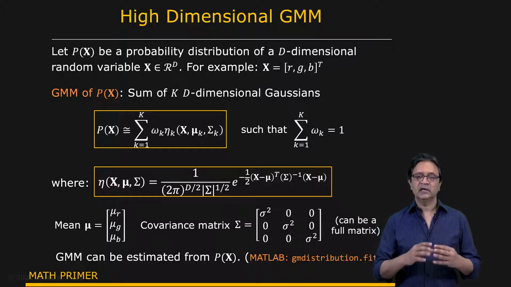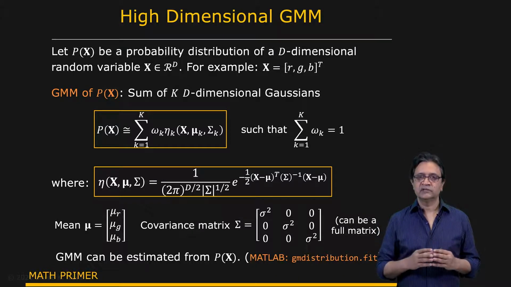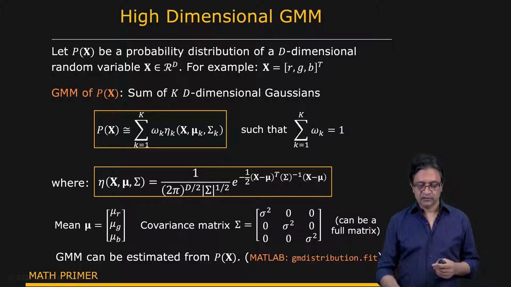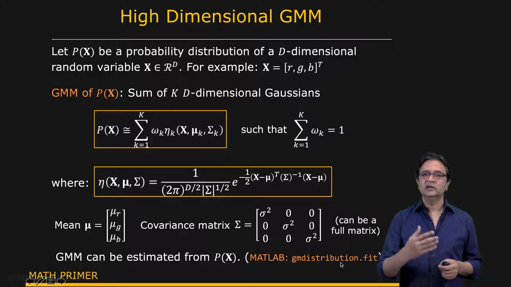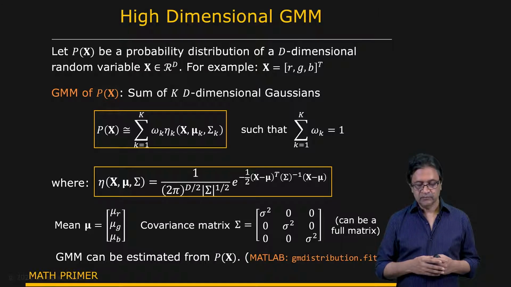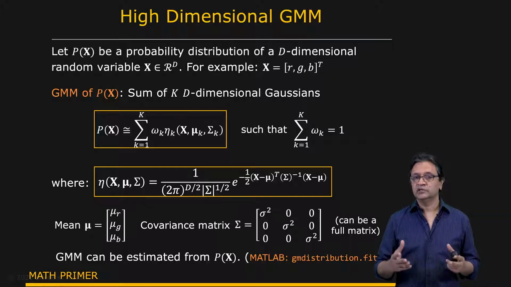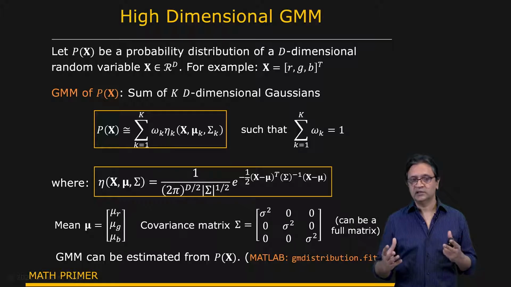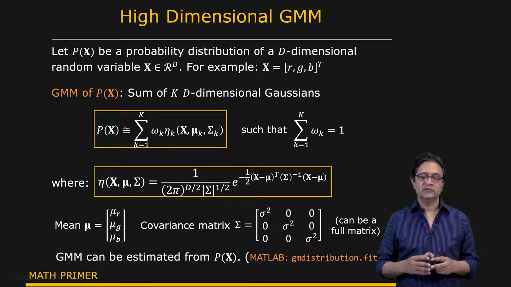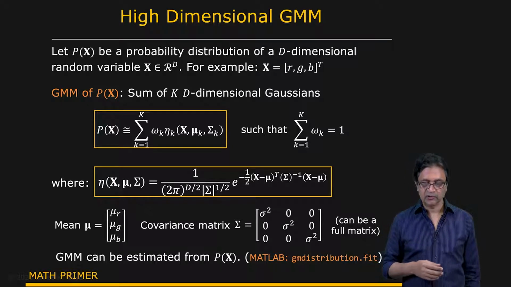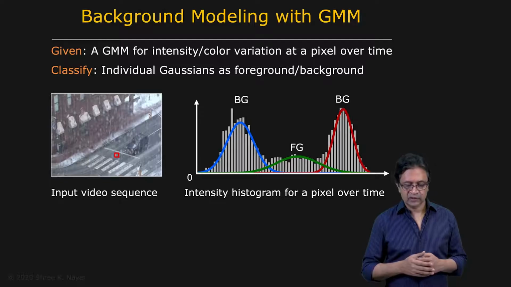And we can take any distribution, irrespective of its dimensionality, and use existing algorithms. In MATLAB, you have this function called gmdistribution.fit. You can fit a mixture of Gaussian model to that distribution. And you have to decide what k is, how many Gaussians you want to use to do this fit. If k is very large, you can imagine that the data can get very unstable. If k is too small, your fit is going to be inaccurate because you don't have enough flexibility in the model.